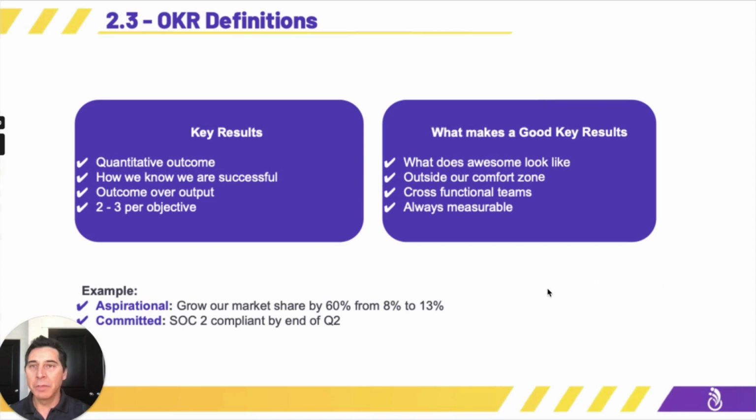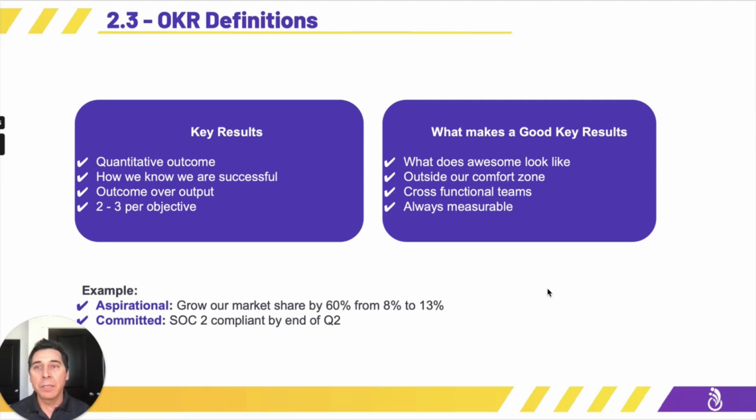Okay, so moving on to key results. So with the key results, you'll want to think of that as the head, right? That is the quantitative outcome that we are going for. That's the metric that we've defined that says this is what success looks like, right? That's that finish line that we've defined. And typically it's 2 to 3 per objective. So similar to objectives, you'll want to keep your key results to around 2 to 3 per cycle. And there too, if you're new to OKRs, less is more. 1 to 2 is probably how you want to do that.